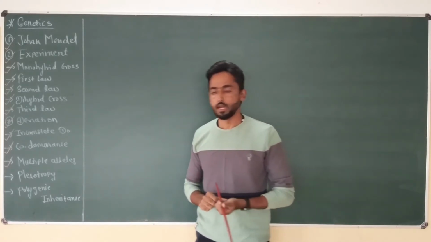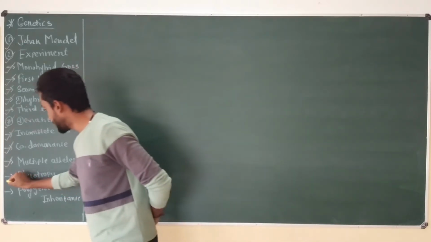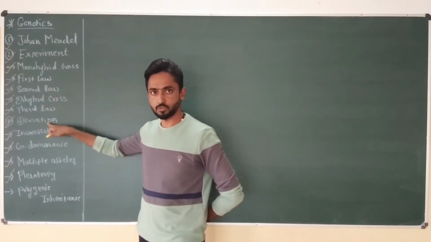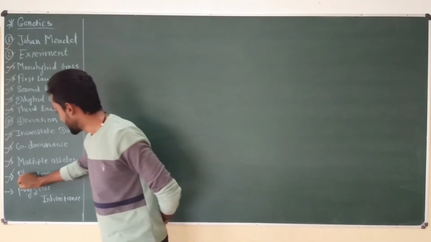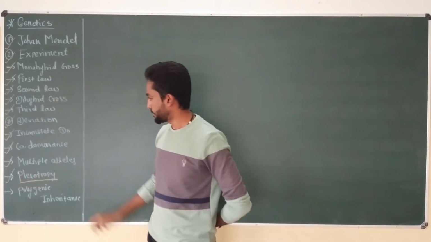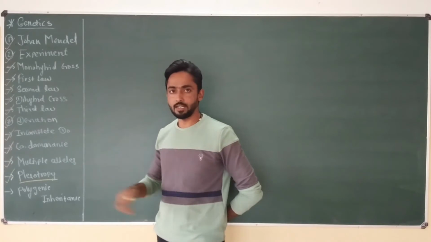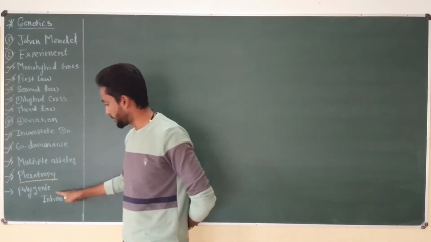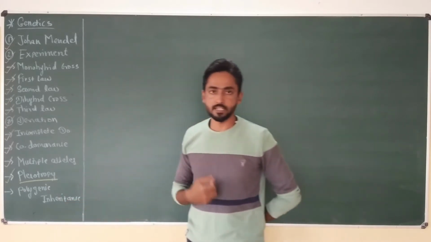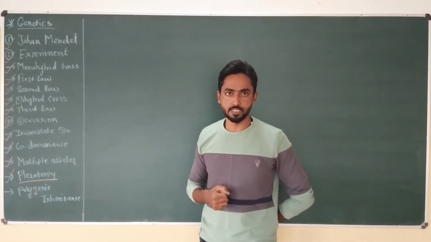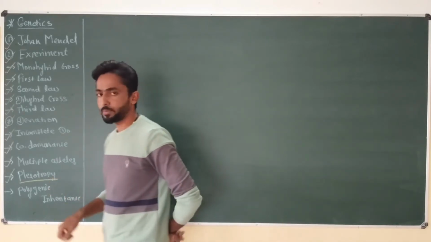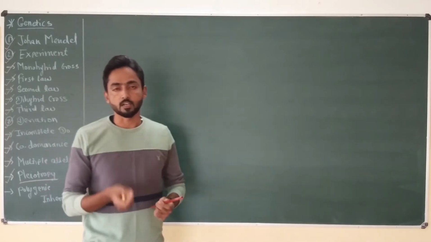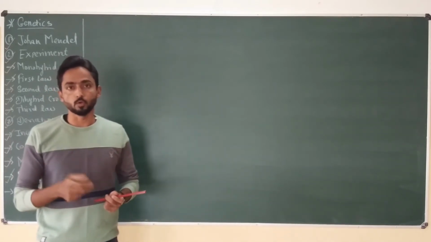Now in this video, I'm going to talk about next type of gene interactions that come under the deviation section or post-Mendelian genetics section, which is pleiotropy. Okay. So first three type of gene interactions are intragenic type of gene interactions, and these two, that is pleiotropy and polygenic inheritance, is intergenic or non-allelic type of gene interactions. Now pleiotropy means the condition in which single gene control two or more than two phenotypes.